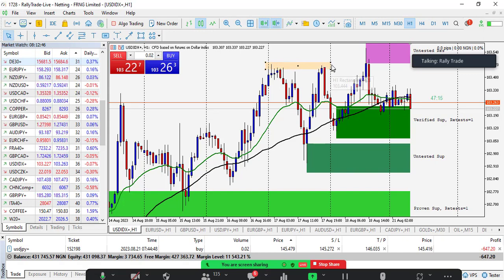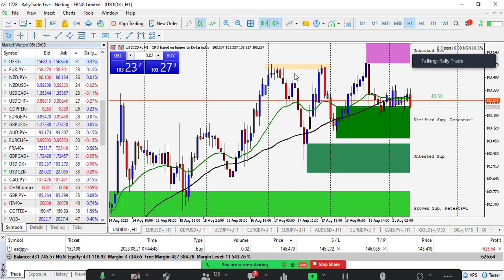If you look at the recent price action here, USD index gave us what we call relatively equal highs here. Relatively equal highs on an upward trend is like a magnet. The market will usually be drawn towards it. Now, with these relatively equal highs, most persons would think the market has printed an equal high, so that would be a strong resistance. So let's start selling. Yeah, you can start selling from up there and you're also going to make profit. But guess what? The parent trend, the major movement of the market, is still upward. So you can see that the market was attracted back towards that level and it took out that relative equal high.